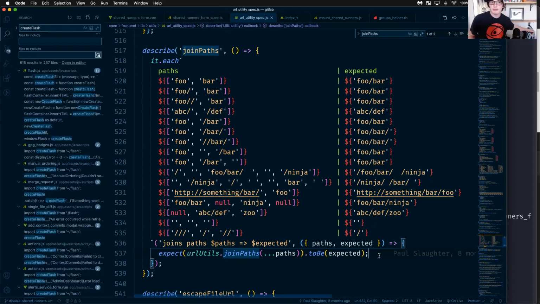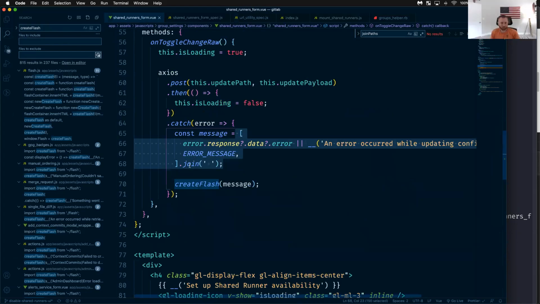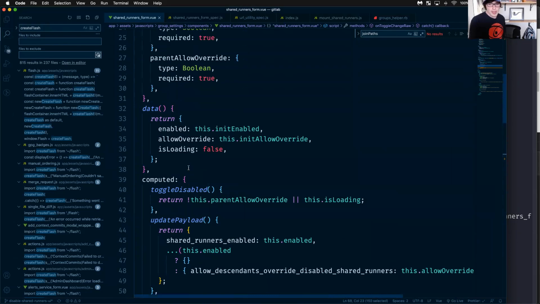Okay. And I think we're about to do it again. I think so, because there's one other bit that we haven't tested yet. One way to tell if our test is good enough or not is if we go to our component and go up to update payload,